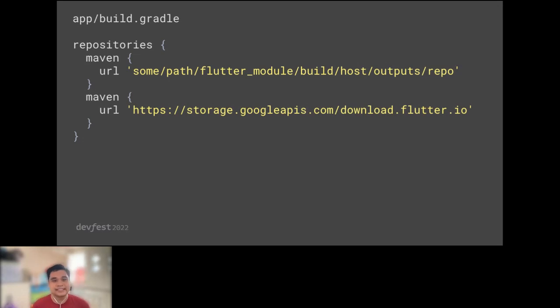So that means that this Maven URL will point to the path where our AAR resides. And after that, we also need to put this Maven URL for download.flutter.io, which is basically going to download all of the necessary components needed for our integration. So this configuration is going to work for most Android apps currently, or